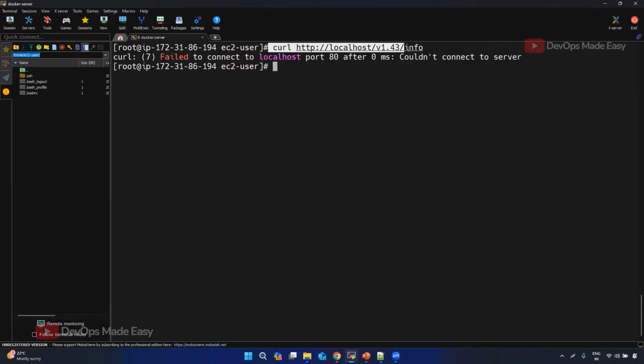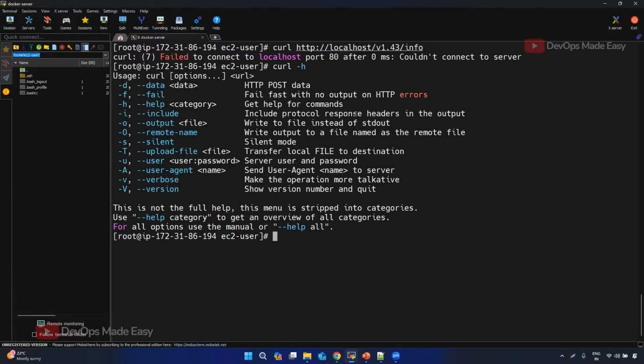Here we are directly connecting to this using our HTTP protocol. But by default, your client will talk to the daemon over a Unix socket. So how can I pass that Unix socket inside this curl request? Okay, so I think curl -h will not give you that. There are no advanced